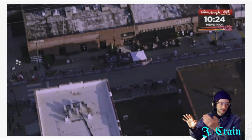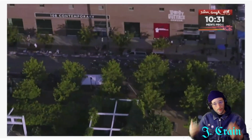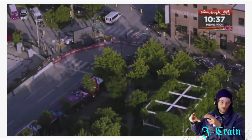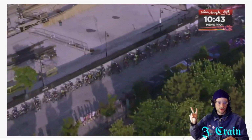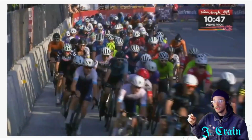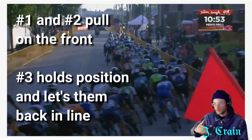Now, once they would get 6 deep on the front, they would actually only rotate the first 2 riders. So they would have almost like a batting order in baseball, sort of a 1 through 6 system that they would rotate through. And if there's nothing off of the front, it would just be those first 2 riders, often Alec Cowan and Sam Boardman, just those 2 taking pulls,